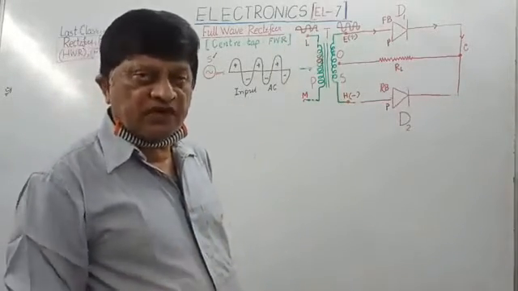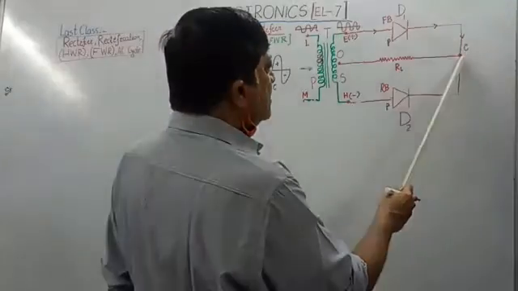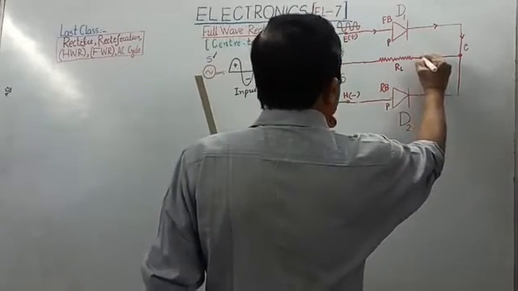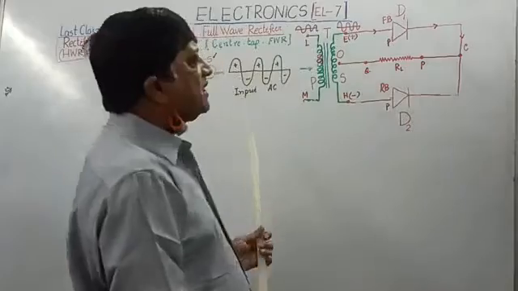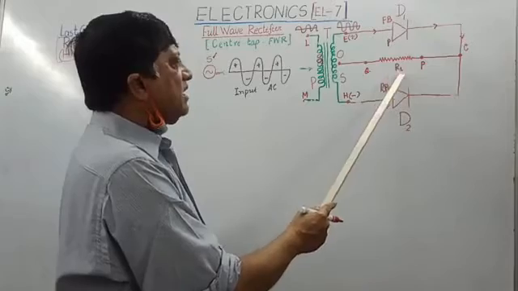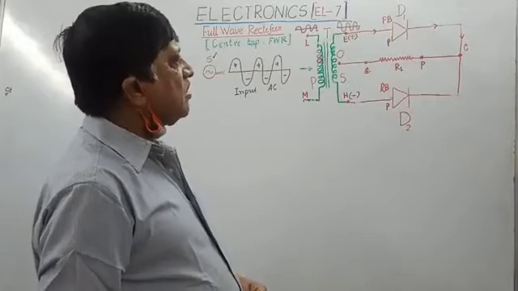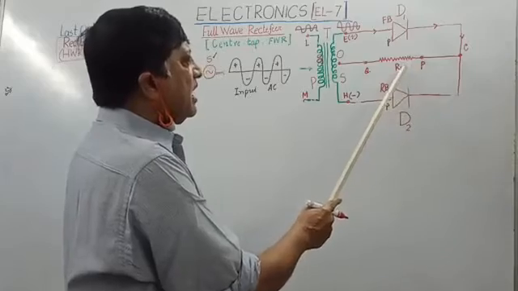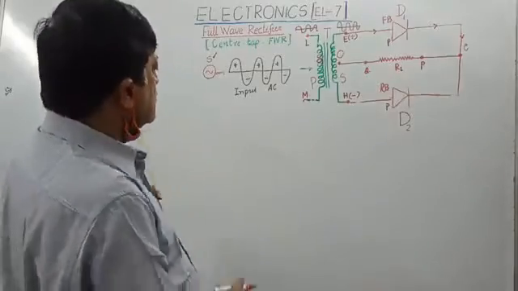So there is only one possibility. The current will flow from C through RL to O. Let us say we take this as P and take this as Q. So what is the path along which the current flows? C to P to Q through RL and finally to O. So what is the path along which the current flows? E, C, P, RL, Q and finally O, back to A. No current will flow along this other path.